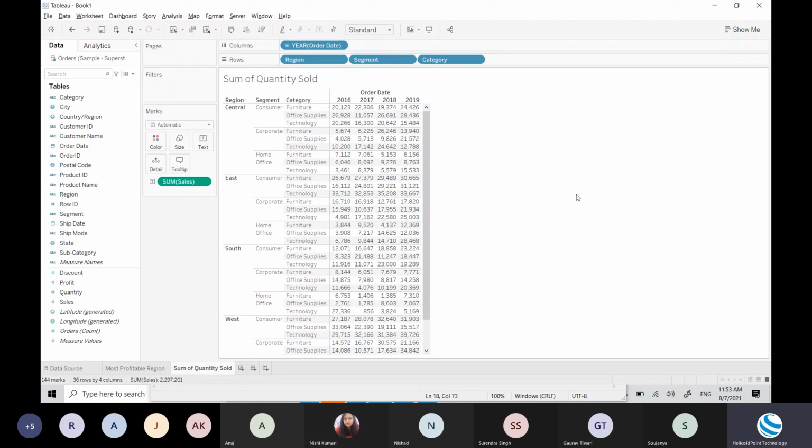One second. Try that. It will take some time for you to get familiar with all these options, since it's just the first session. Now it's working, right? So if you drag and drop here, that field will appear here. What I was trying to tell you is that whenever you are creating anything